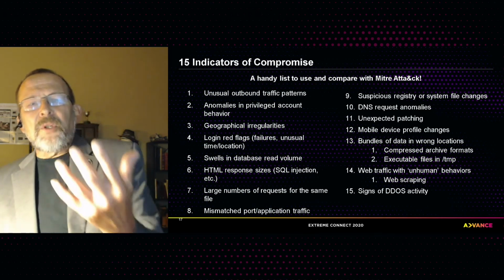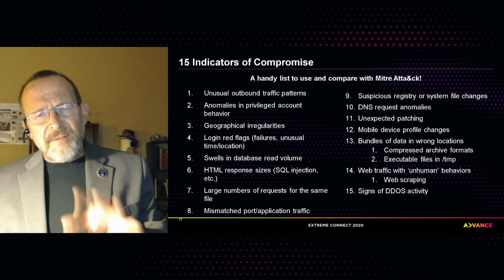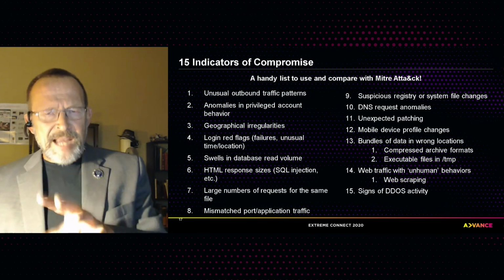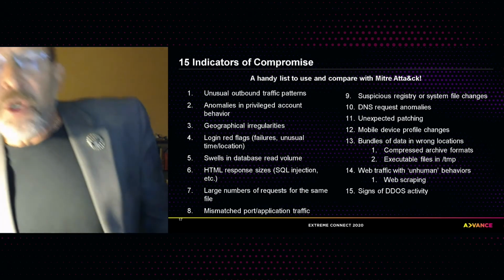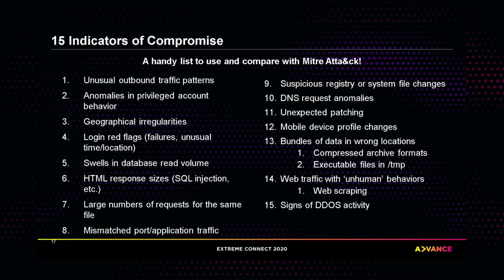Now, I want to go over these 15 indicators of compromise because they are a very handy list to compare with MITRE ATT&CK. And this gives you the scope that I talked about earlier. Look for unusual outbound traffic patterns, anomalies in privileged account behaviors, geographical irregularities, someone logging in from New York and then literally 4 hours later they're logging in from Los Angeles. That should be investigated. Login red flags, unusual time, location, failures, things of that nature, multiple failures,